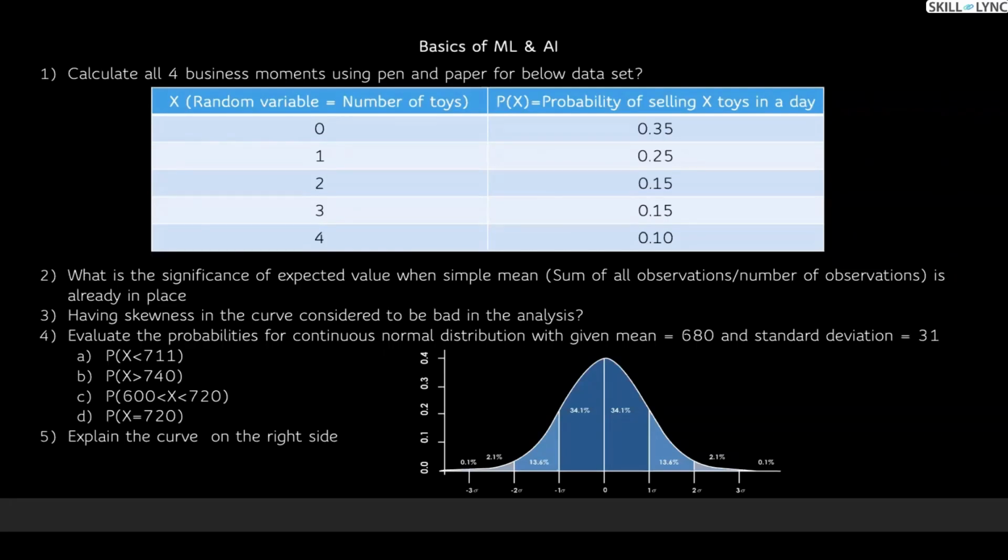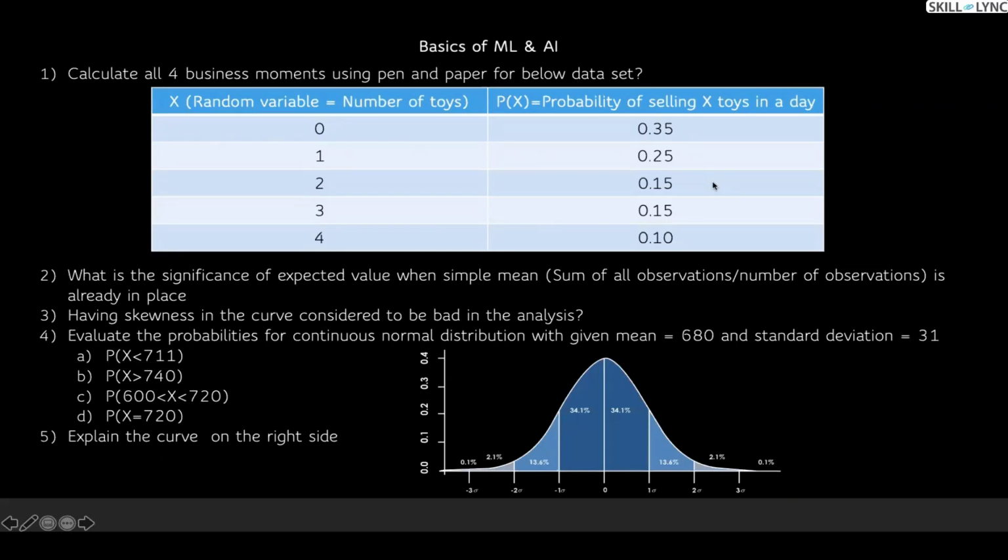See, now you are understanding the significance. Rather than just solving the problem with respect to the formula, you're trying to understand its essence. That's more important for me. Exactly, you are right. So when there is a uniform probability distribution, what is uniform probability? That means when the probability is the same for all the different random variables or for all the events, then you can directly use the simple mean. Otherwise, you have to go ahead and choose the expected value, which is x into the probability of the corresponding x value.